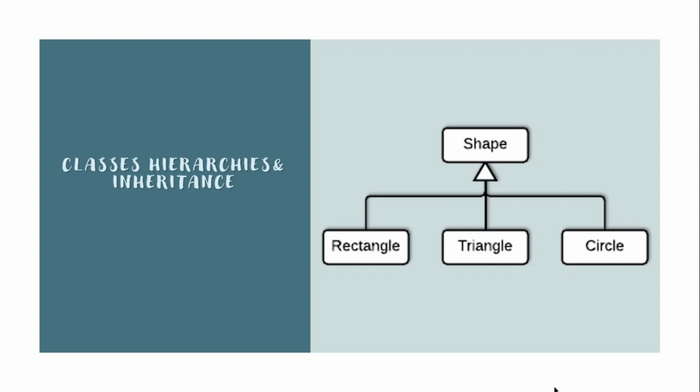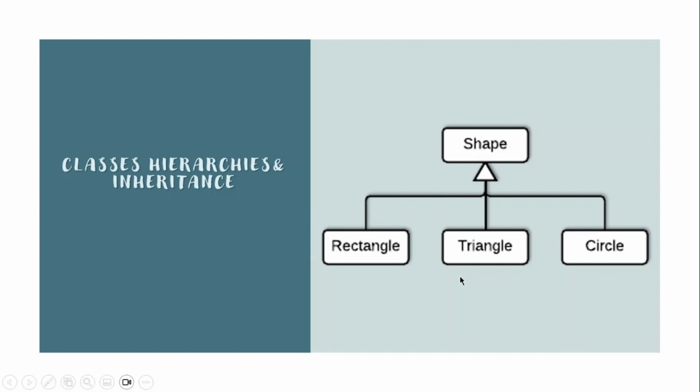So this is how the classes look like. They have a hierarchy and inheritance shape. In this picture, the shape is the superclass, or let's say the class, and we have as objects the circle, the triangle, and the rectangle. So we know now that there's a class called shape, and it is grouping all of these